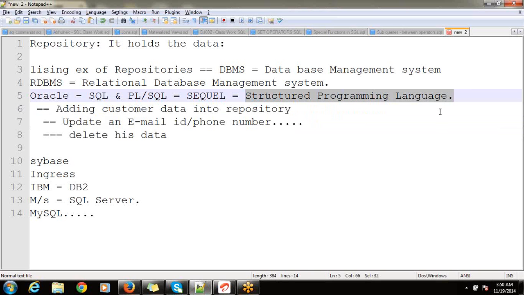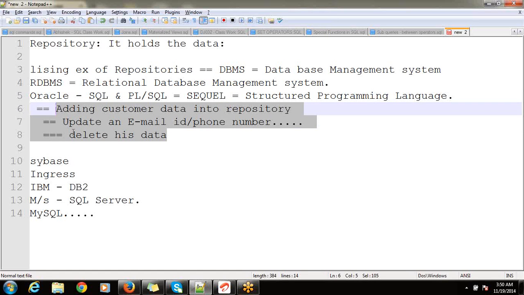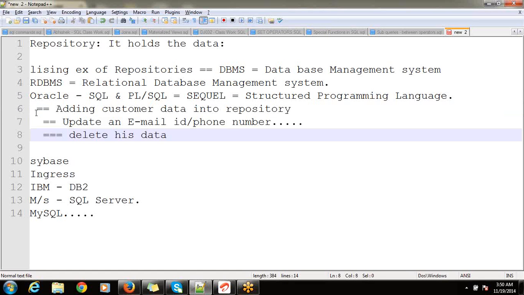So SQL is a programming language which can be used to communicate with the data present in the database, that is, data present in the repository. SQL has various types of commands and queries. We will be exploring all those things. Once we are done with SQL, then we'll be moving to PL/SQL.